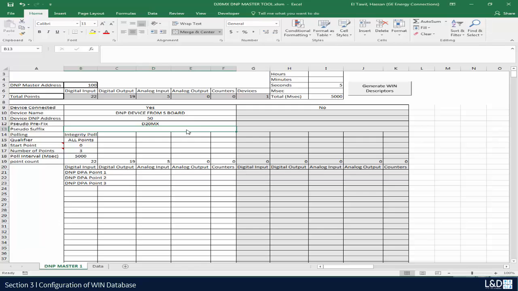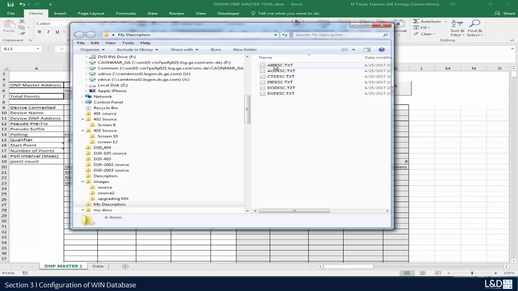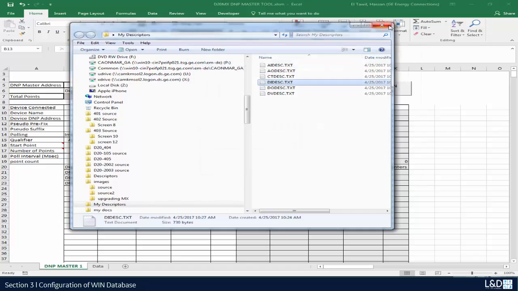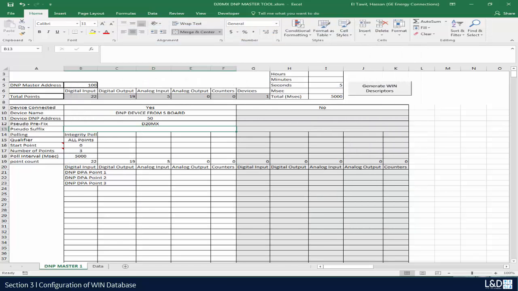And we'll click OK. Now the files have been regenerated. As you can see, there are no pseudo points at the end of it, and I can import them again into my